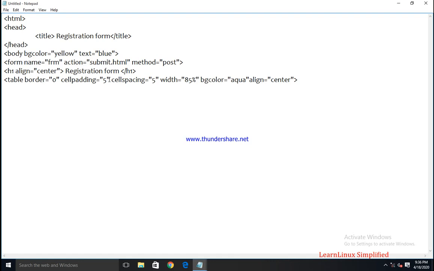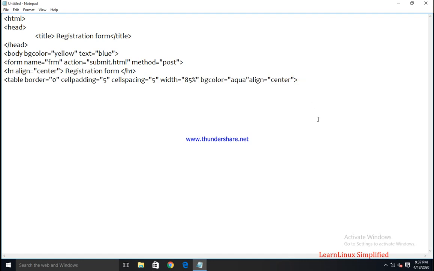The space between the text and the inner border of the cell is cell padding. Same way, cell spacing means the space between two cells of the table. Width defines the total area covered by the table structure in the entire window. Background color, you know, that is BG color. And align center means the entire table will be aligned within the window.